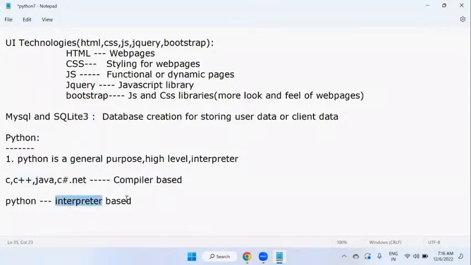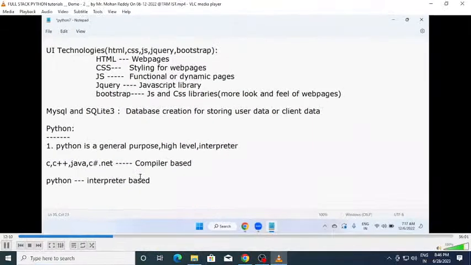But in Python, it's not like that. It won't generate any exe because it's an interpreter. Each and every line of code will be checked line by line and finally executed. But it doesn't mean that there is no compilation in Python. In Python, compilation is also there, but as a programmer, we are not going to do compilation explicitly. Internally, the interpreter will take care of that compilation and line by line checking process. So this is about interpreted. It's interpreted based. Even JavaScript is also interpreted, because Java